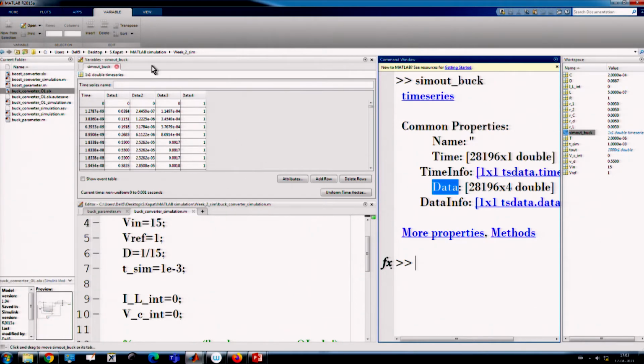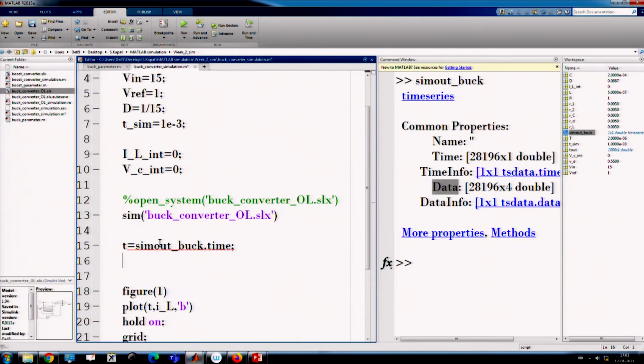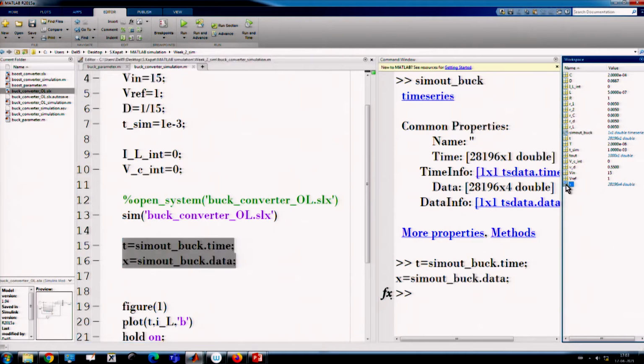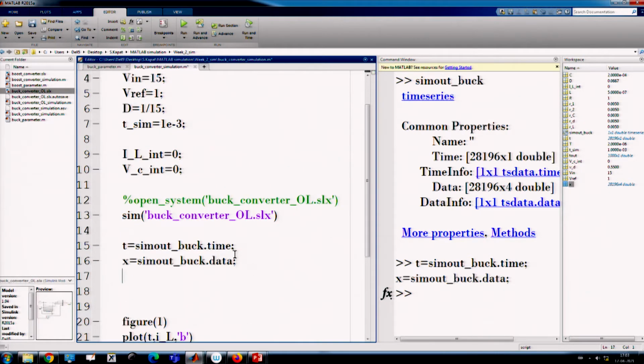Okay. So, we are first trying to create t equal to SimOut dot time and we are writing x equal to SimOut dot data. If you run these two, now if you go to x, it has 4 columns and in each column you have data. Okay. So, we have extracted. Now, our inductor current is actually in the first column.